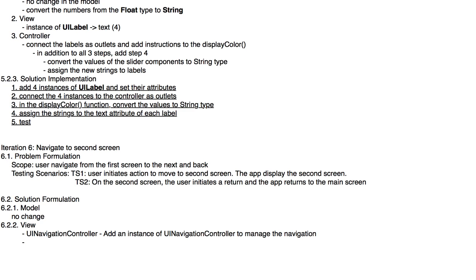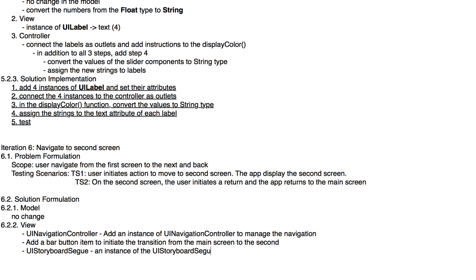All right. Now, the UINavigationController also give you a toolbar, and so we'll need to add a bar button item to initiate the transition from the main screen to the second. Then the third part, the type of transition. There are several types of transitions that are managed by something called UI Storyboard Segue. The UI Storyboard Segue, creating a segue or an instance of the UI Storyboard Segue to manage the actual, or to represent the actual transition. So all of this we're going to do on the view, and then on the controller,